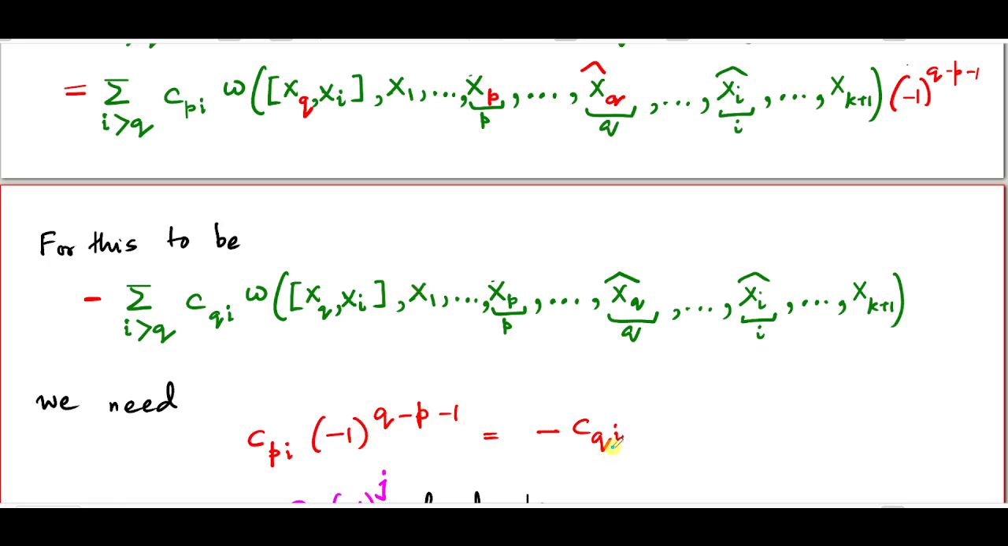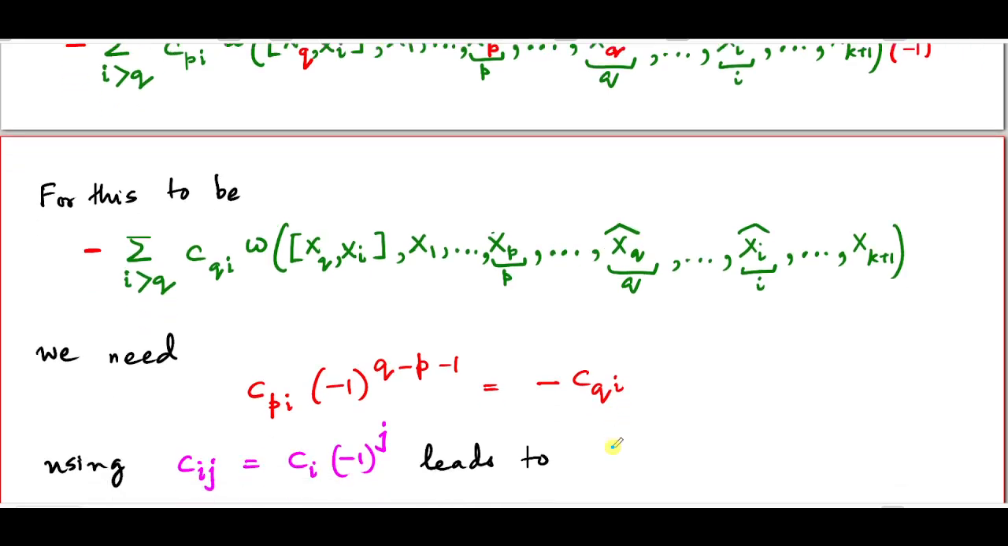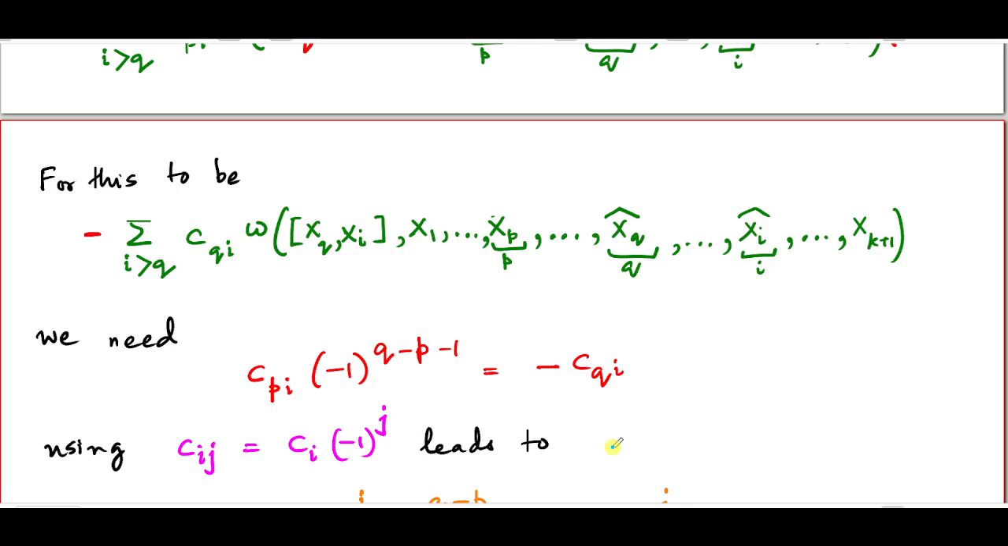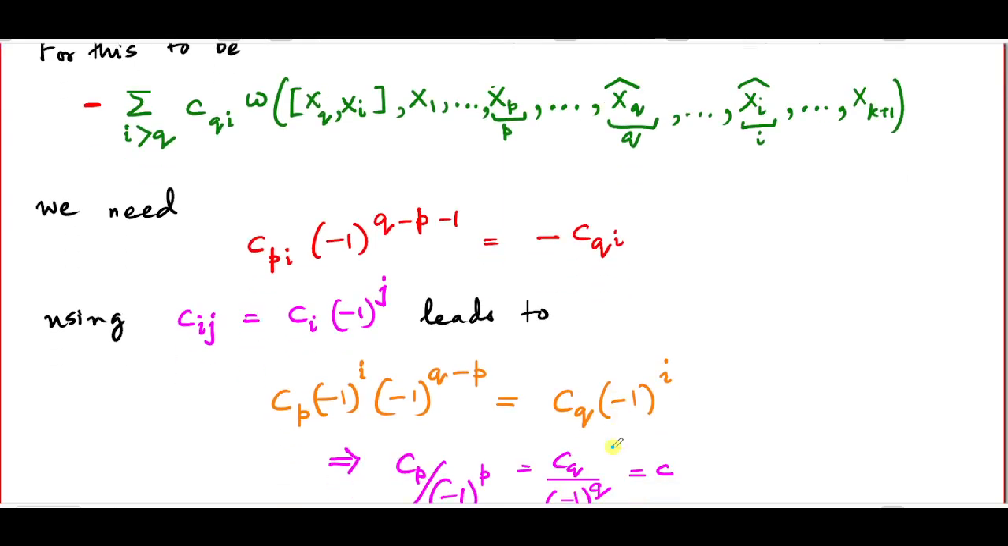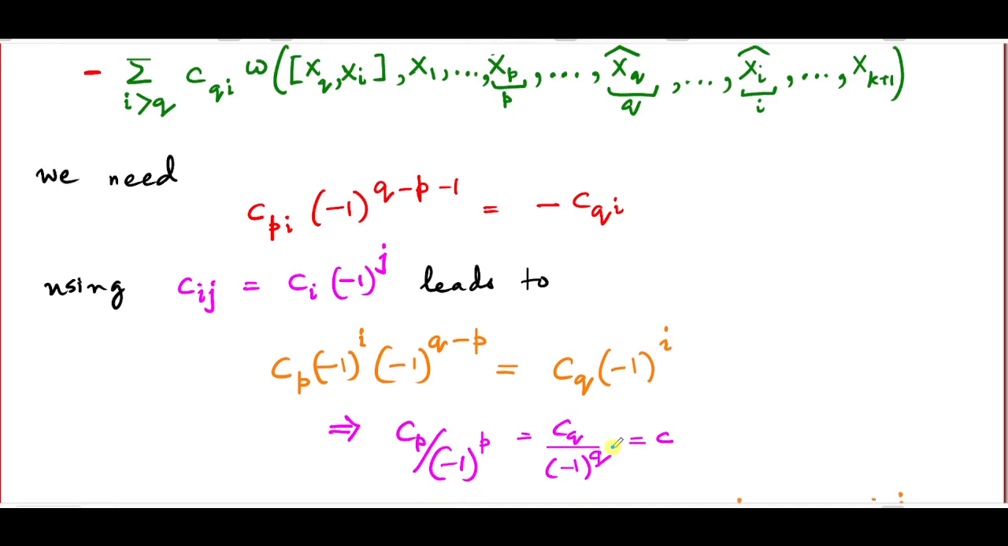Now this looks very much like the condition that we talked about before. But note that there, what you had was C_ip and C_iq being related to each other, where the first index was the same, the second index could change. Here the first index is the one which is changing. The second index is fixed. And so, we already have the knowledge. And since we already know that C_ij depends on the second index in the following manner, C_ij is C_i times (-1) to the j,